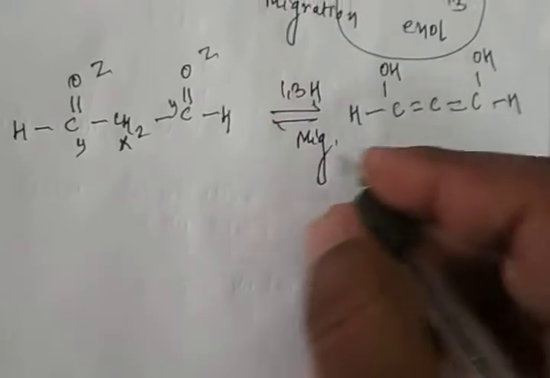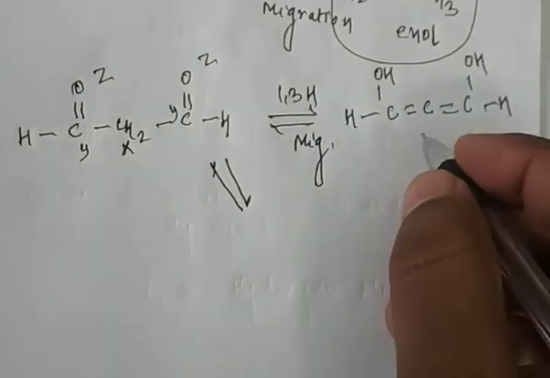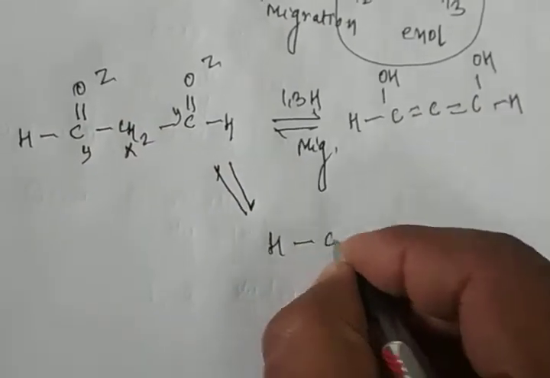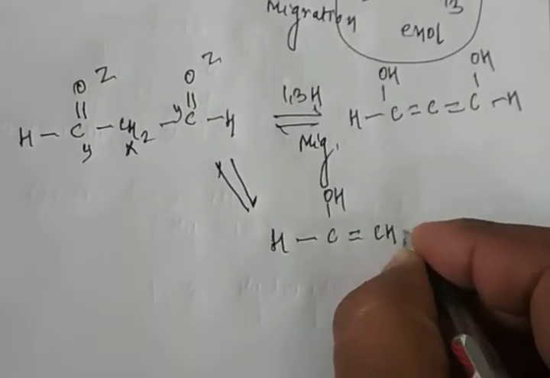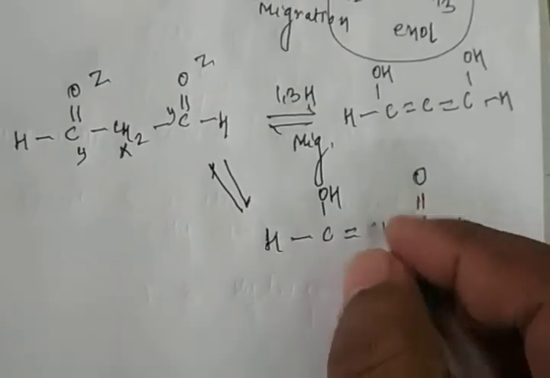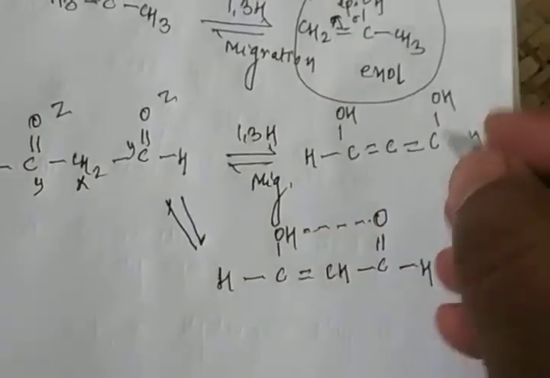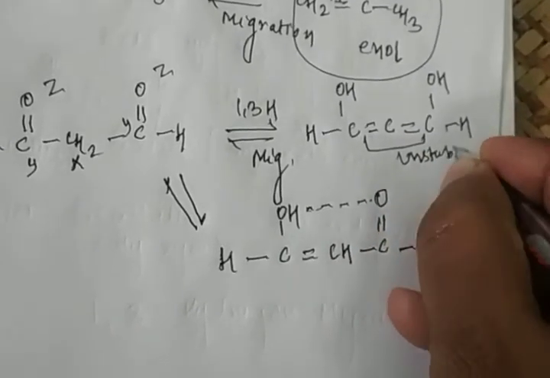Now suppose the second structure for that. Suppose shifting happens on only one side: H, C, there is an OH, there is a double bond C, H, but no shifting to that side. You know very well that between hydrogen and oxygen there is a hydrogen bond, and there is a conjugation, there is pi, but there is an unstable conjugation, there is no conjugation.